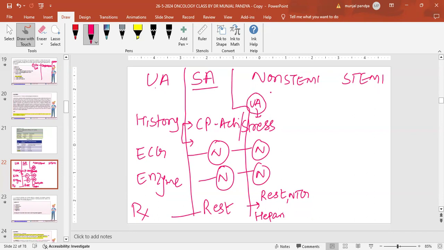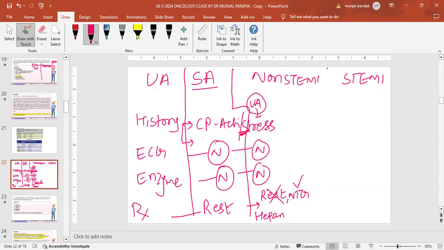Fair enough. So this is more severe pain. It is usually not relieved by rest only. You need to add something. Unstable angina: the pain is not stable. Angina is there, so it's not just relieved by rest. Probably exercise or stress may precipitate the unstable angina. But if you do the ECG and enzymes, they are normal. Why? Because the blood supply is there, and cardiac muscles are not dead or dying. Supply is there, but there is a coronary vasospasm, and because of that you may have unstable angina. So if you rest, or give some vasodilator, it will improve the blood flow and the patient gets better.